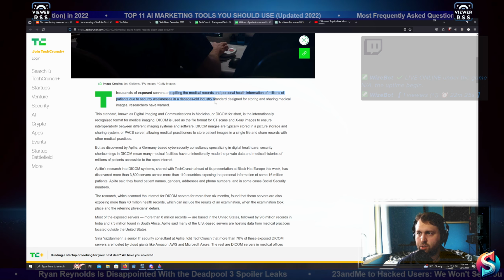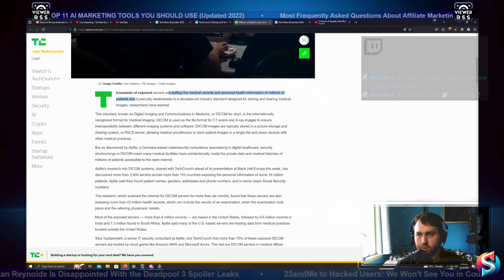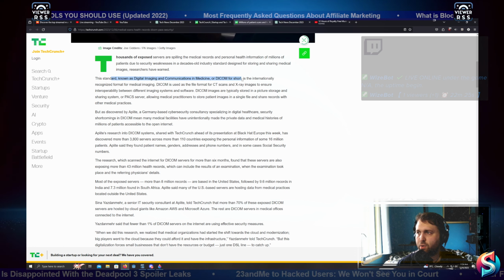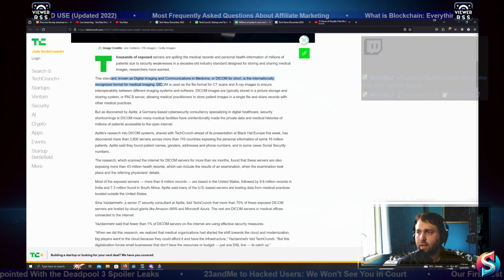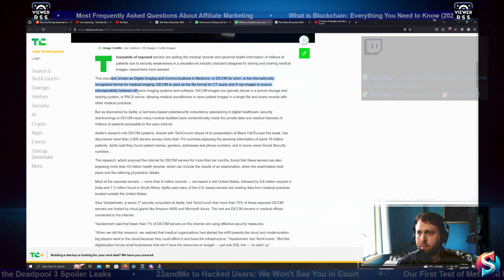in decades-old security industry standards designed for storing and sharing medical images, researchers have warned. This standard, known as Digital Imaging and Communications in Medicine, or DICOM for short, is the internationally recognized format for medical imaging. DICOM is used as the file format for CT scans and X-ray images to ensure interoperability between different